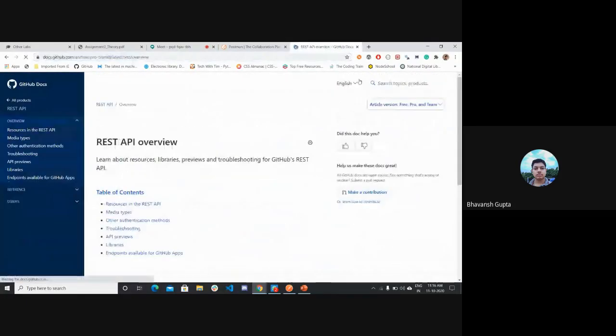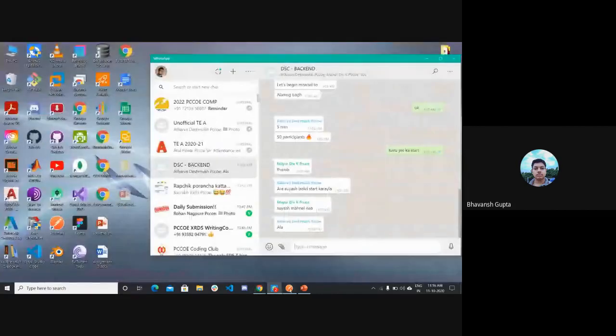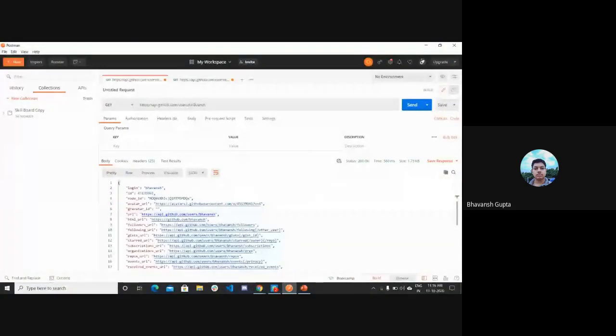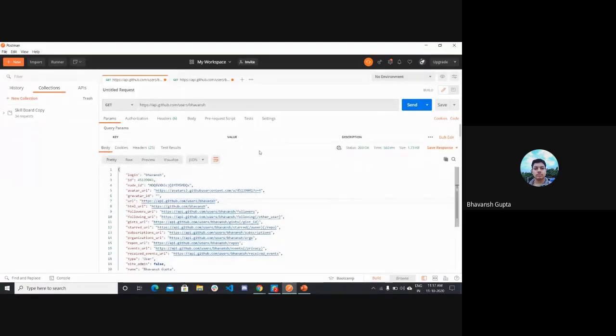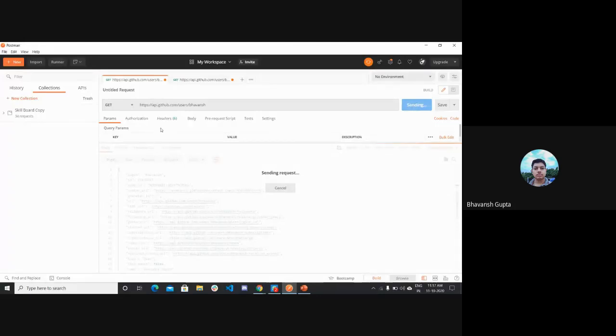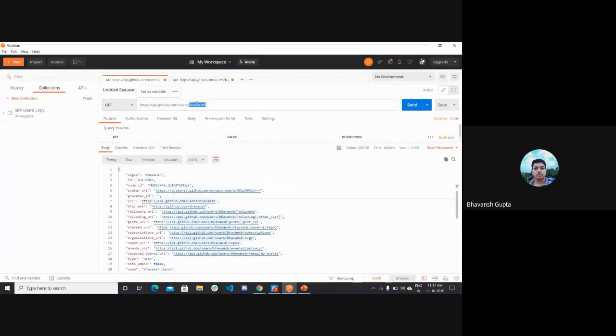Okay, so here I have something ready on Postman itself. This is the API, https://api.github.com/user/ and here is the username which I'll be using, my username for GitHub. On this endpoint, I'll be sending a GET request. If you check out the documentation for the API, you will find that this is a parameter.